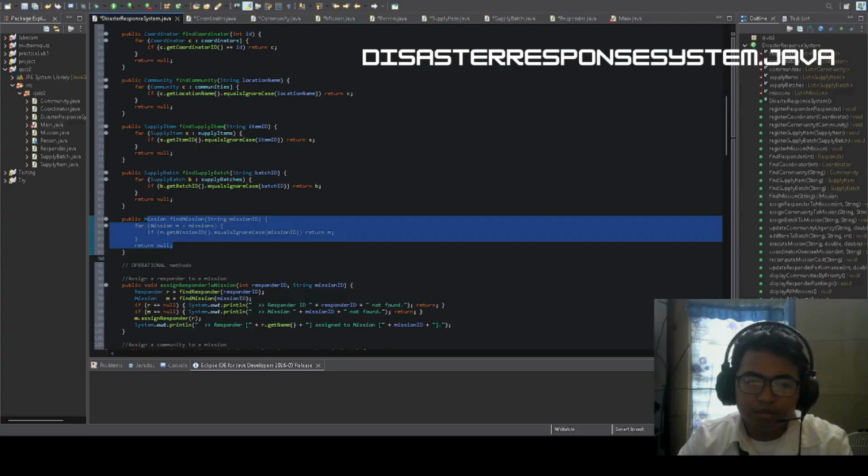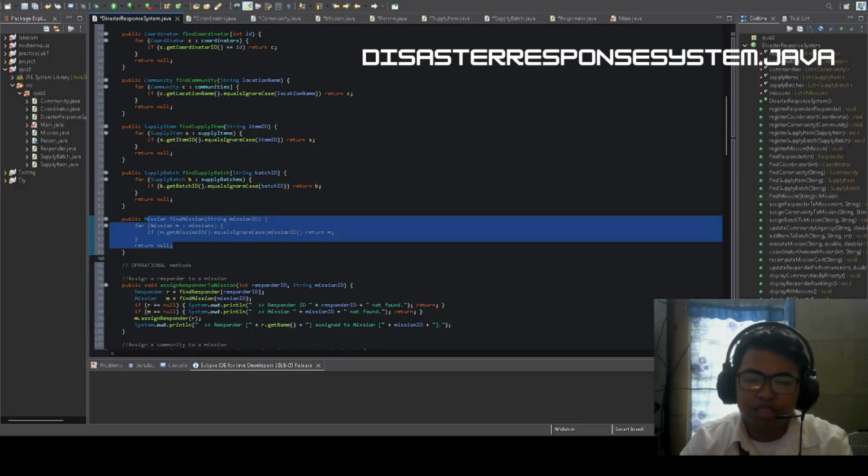And then the system enables assignment operations such as linking responders, community, and supply batches to mission, ensuring that all assignments verify the existence of entities before execution.